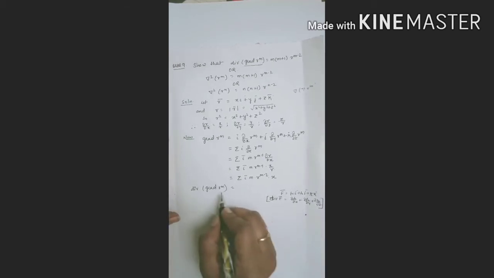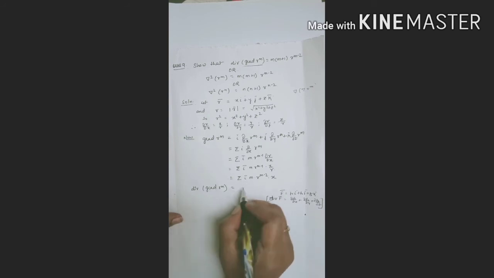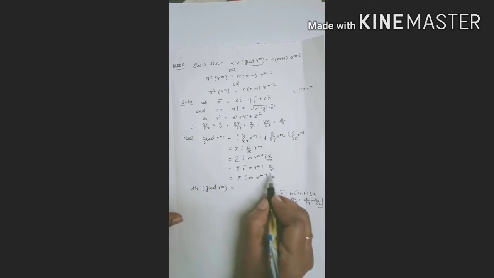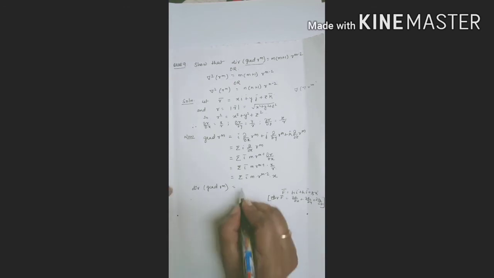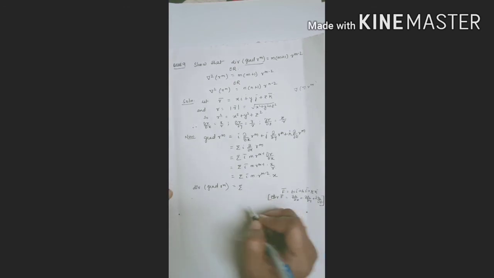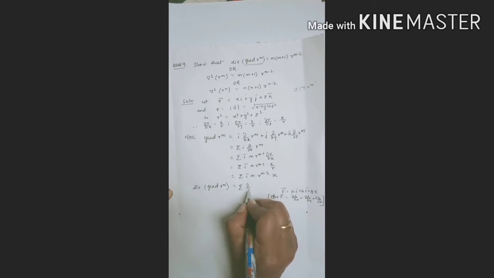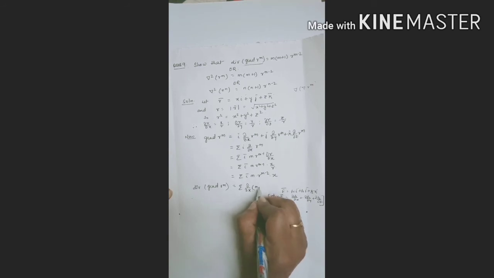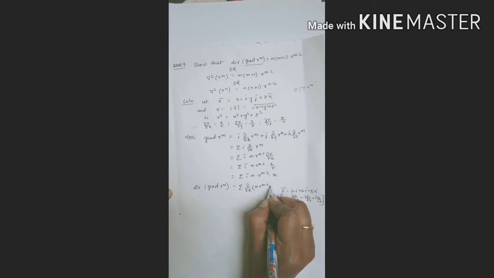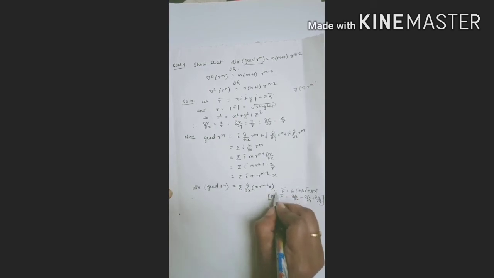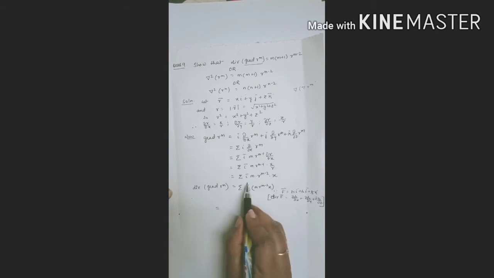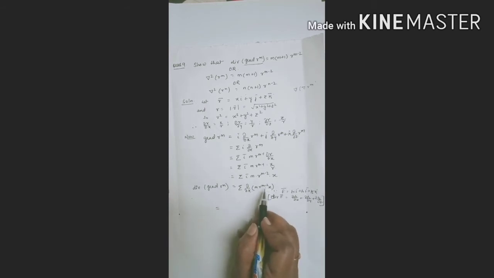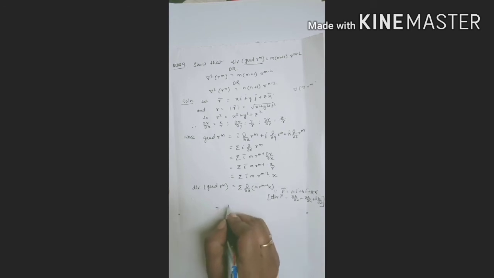So let's see here, divergence of this vector will be nothing but del by del x of the i component plus del by del y of that. So instead of doing it for x, y, z, I will put a summation sign, and I will do it for del by del x of m r to the power m minus 2 x, since from here I have taken. Now let's continue, finding the derivative of this with respect to x. The same will be duplicated for y and z.